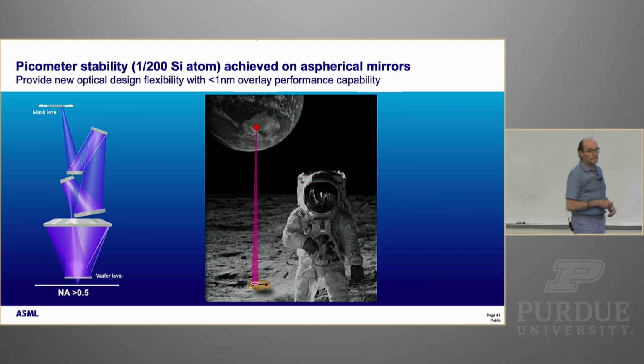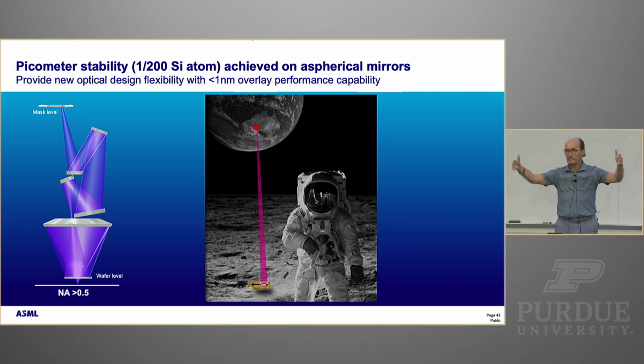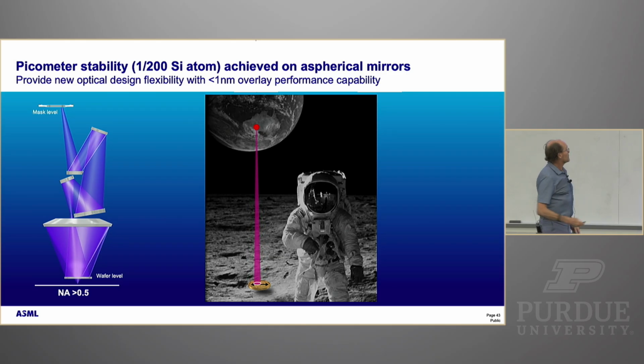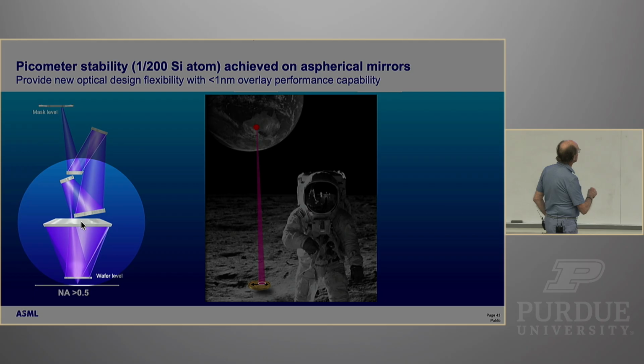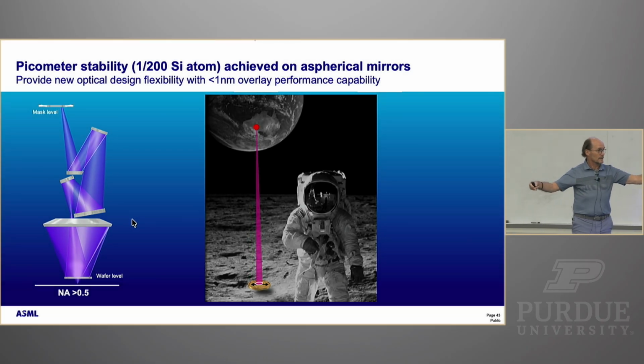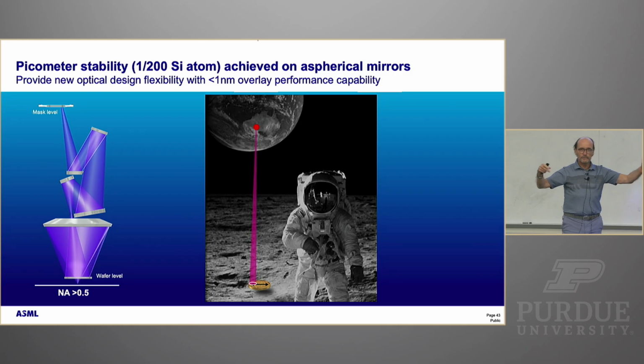Since we're here at Purdue, if I have a very accurate mirror, I also need to aim it accurately, right? These mirrors are so accurate that they have about 20 picometers of surface accuracy over an area of 1 meter. That also means an aiming accuracy of about 20 picoradians. If I multiply 20 picoradians with the distance to the moon, which is about 384,000 kilometers, I come to the conclusion that if Neil still were up there and he were to drop a quarter,